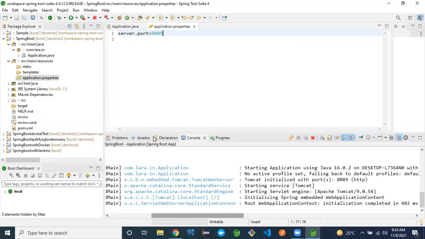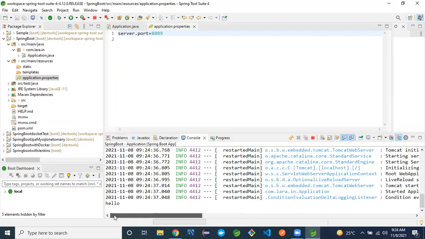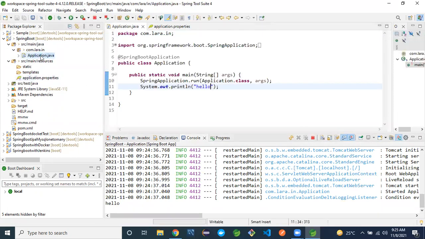Control S. Because of 8080 it works. No need to restart or run the application again, because it automatically restarts internally because of DevTools. Any change you add or remove in the application, it restarts by default. Let me change something here.